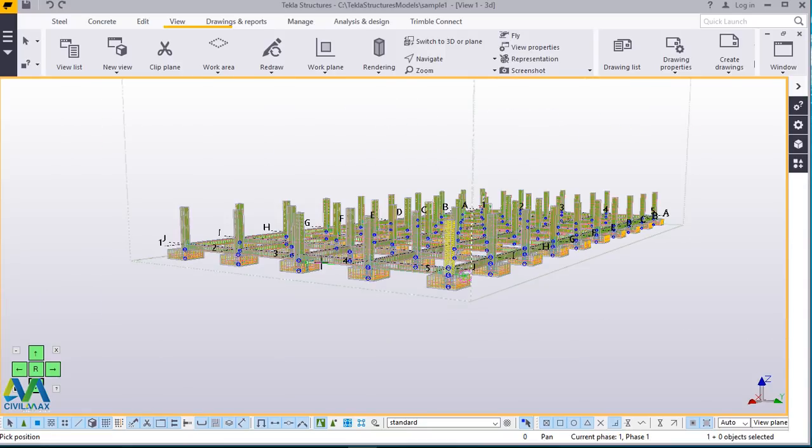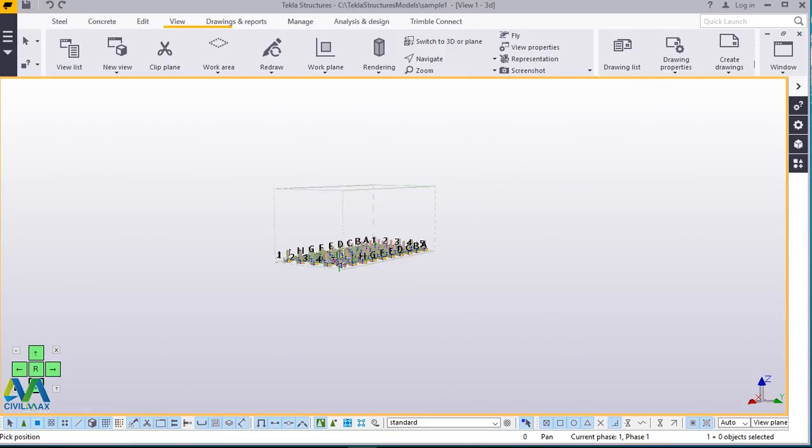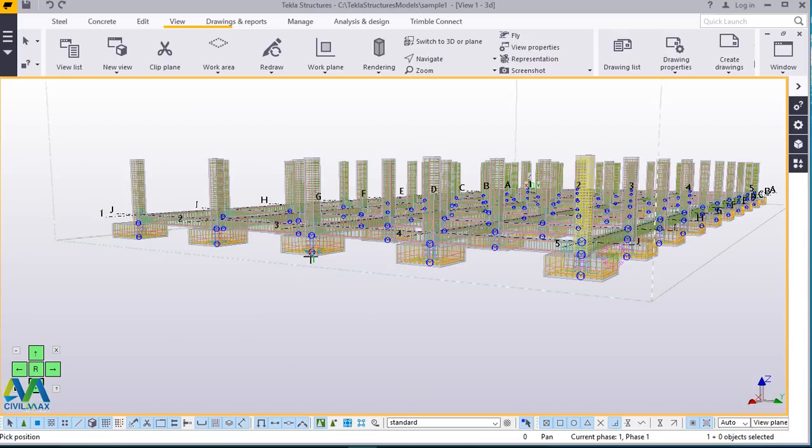Now let's meet on the next presentation where I'll show you how to create the floors, how we will place the staircase